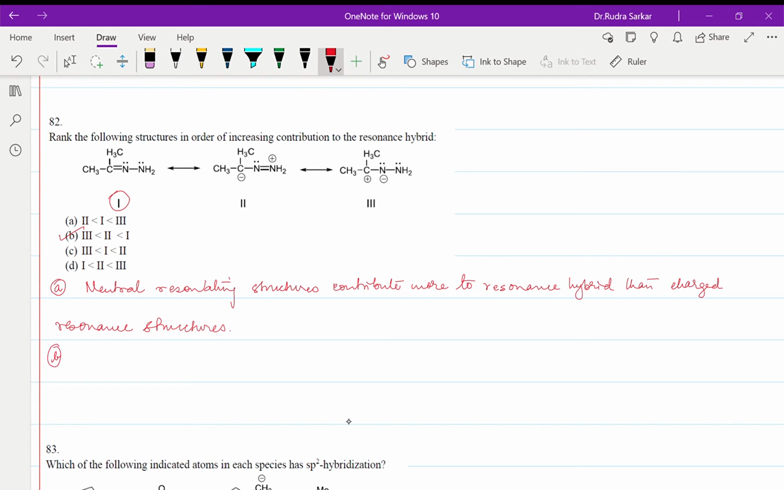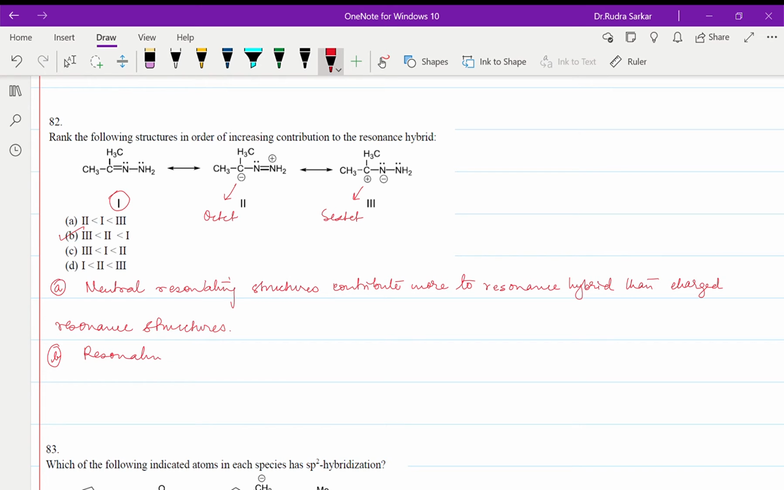Now, why is 2 more contributing than 3? Obviously we can see that here carbon is having octet configuration and here carbon is having sextet configuration. So we will say